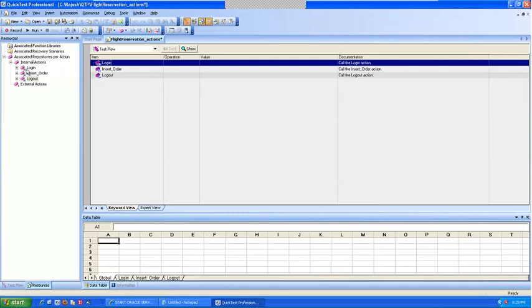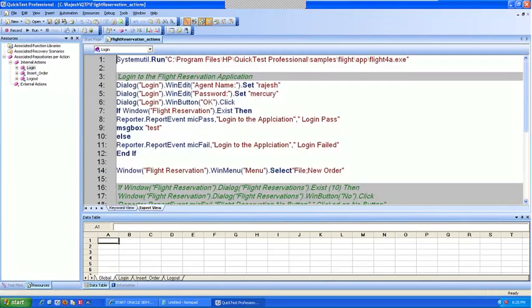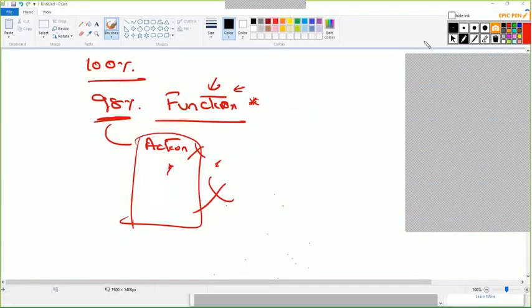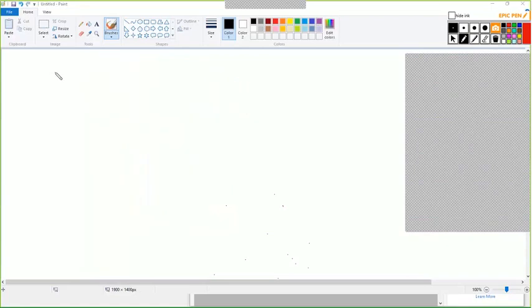Now I have it like this. Can anyone tell me, if I have a requirement, let me go to my expert view. My requirement is this: I want my login to run once, I want to insert 3 orders, and then log out once.